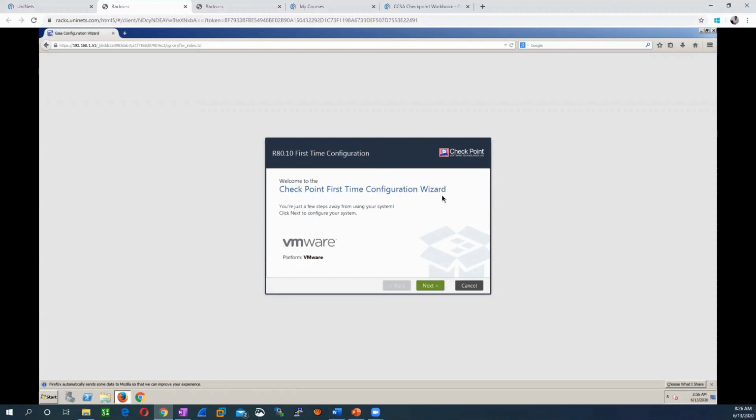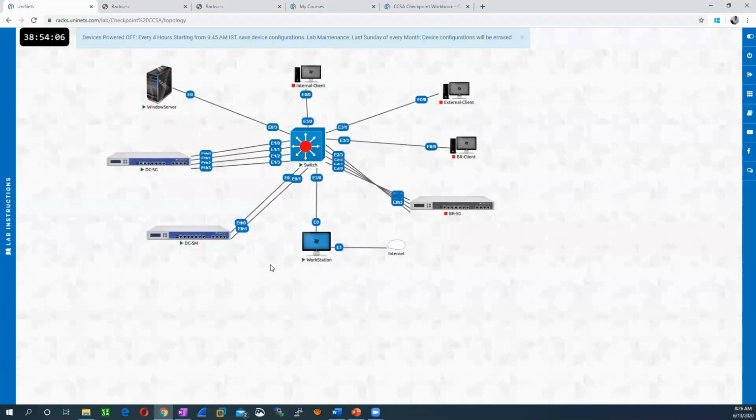So what does this wizard mean? This wizard asks which product you want to install on this particular firewall, meaning this particular Checkpoint device. Since this will be used as a management, we will install the management product on this device.